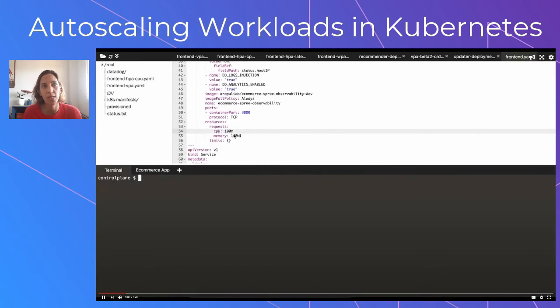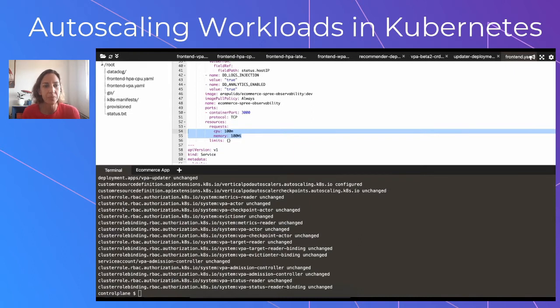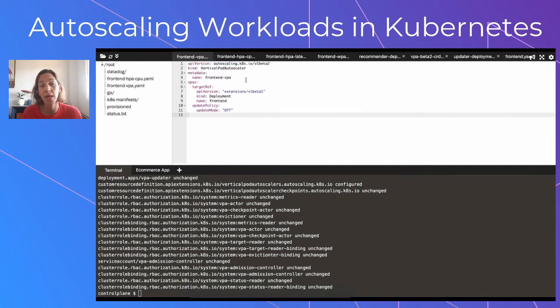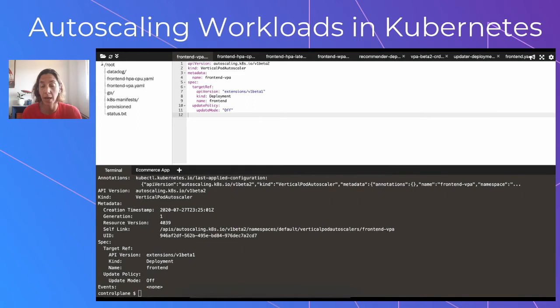We have this front-end service, and it's requesting 100 millicore and 100 millibytes. Let's see if that is enough. Remember that our application is a monolith application, probably needs more. So we are going to deploy the VPA, and once we have deployed this controller and the related CRDs, then we can create an object called Vertical Pod Autoscaler with the target of our deployment front end and the update policy off. So we are going to create that object, and after a while that I've sped up here in this demo,